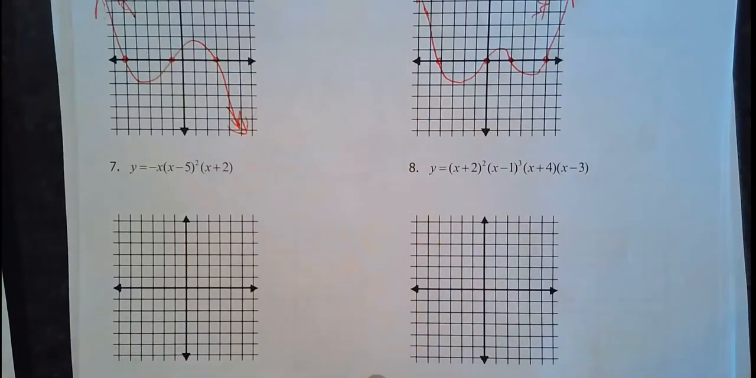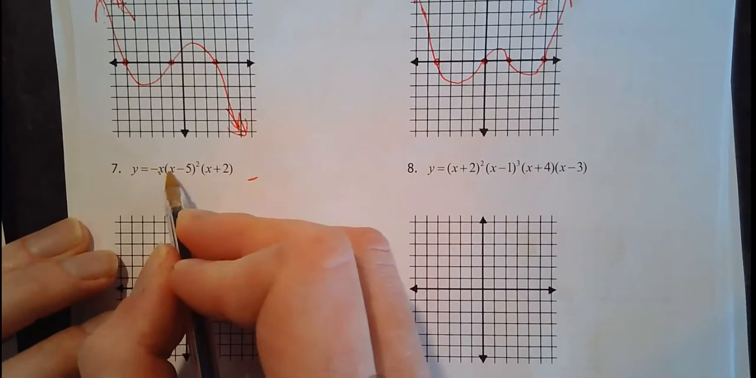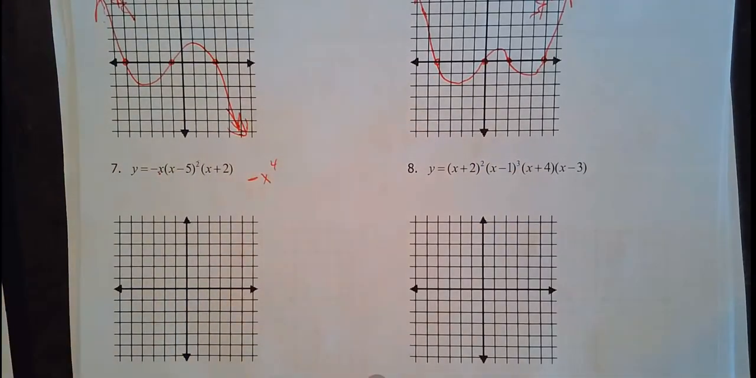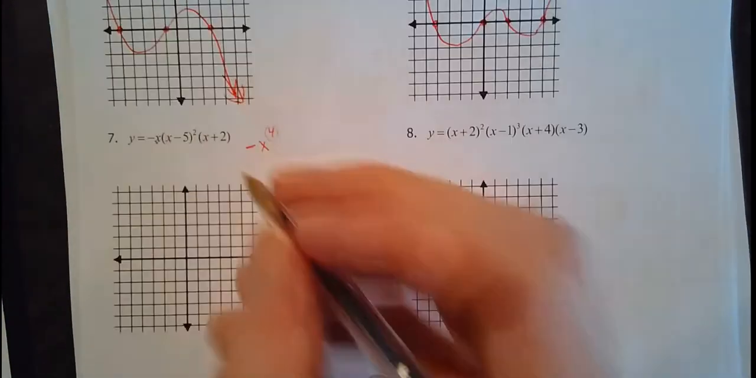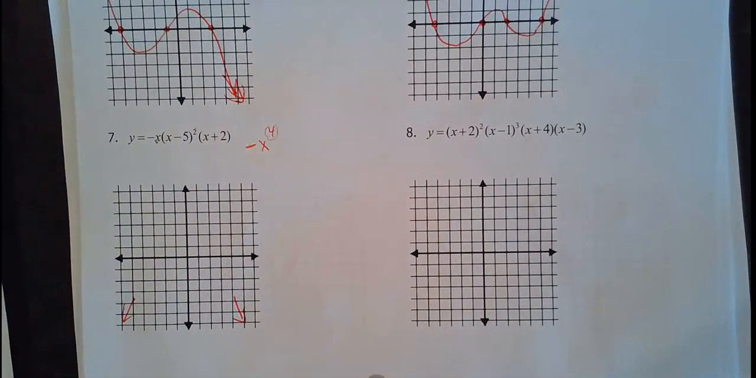Number 7, again, if you multiply it all together, notice one of these is negative, so it'd be a negative, but then I have x squared, and then another x squared would be x to the 4th. So 4 means same direction, even means same direction, negative means they're both down. So this is going down both directions, down, down. And